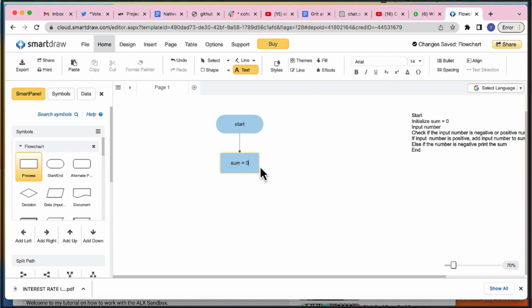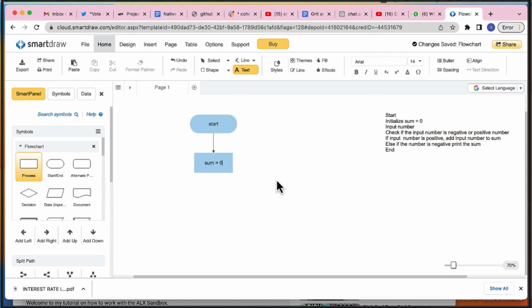So the next step is input numbers. So we'll be needing to input a number. What is the input? Look at the input here. We drag an input box to this, and we can label it enter number. Then the next step is to check if the input number is negative or